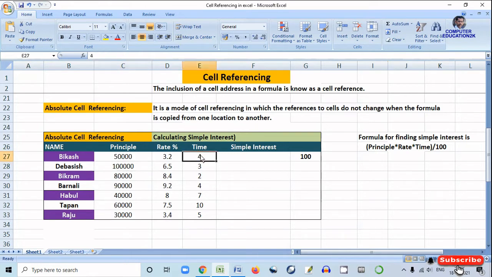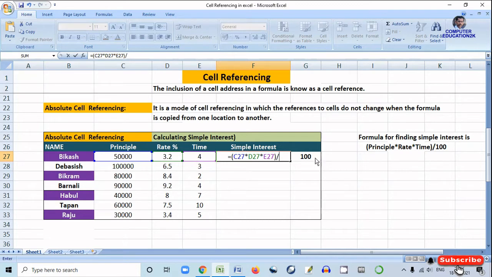In this table, we are going to find the simple interest. Here, principal, rate and time are given. And you know, for finding the simple interest, the formula is principal into rate into time divided by 100. So, principal is given, rate is given and time is given, and here we will find the simple interest. So, for finding simple interest, we write the formula equals to, then bracket, we click on principal into rate into time, bracket close, divide by